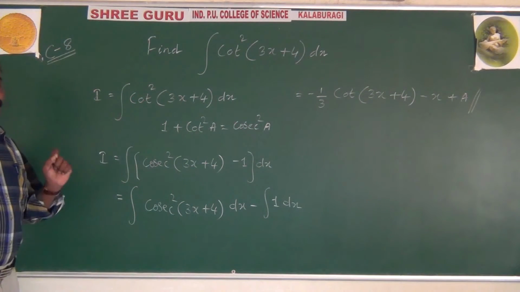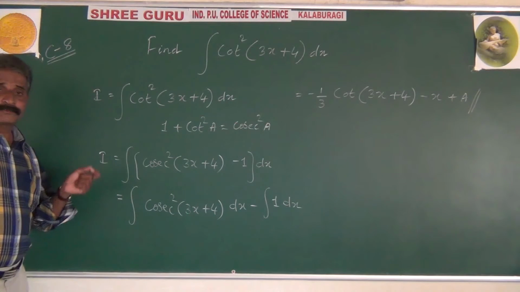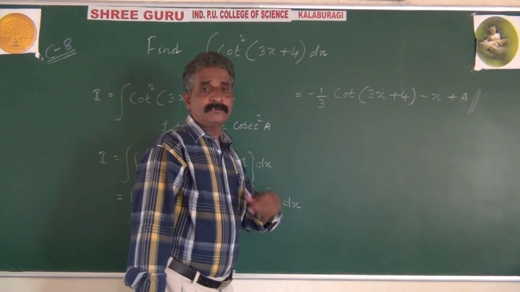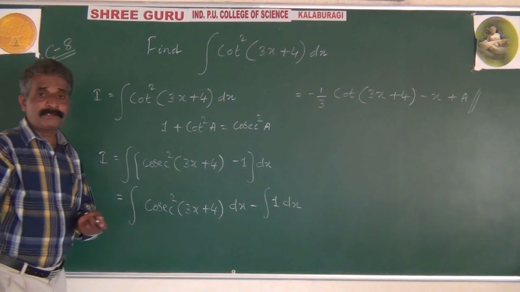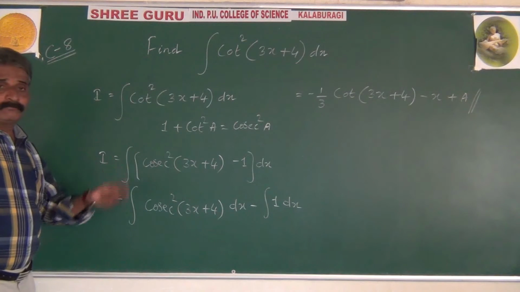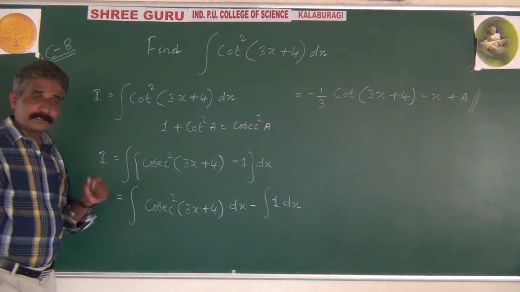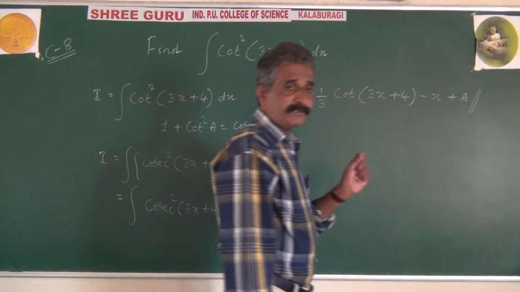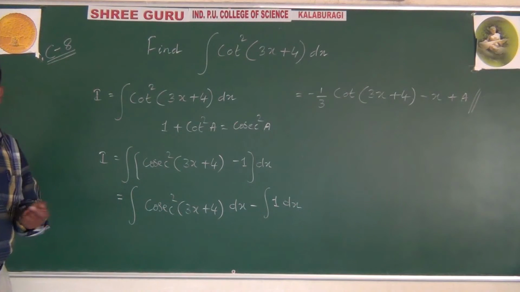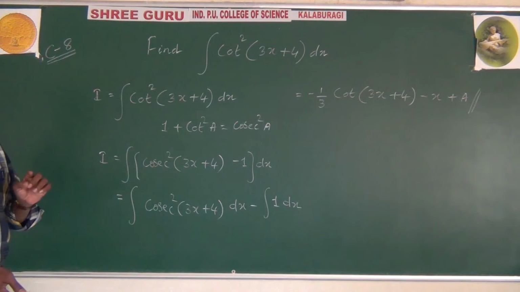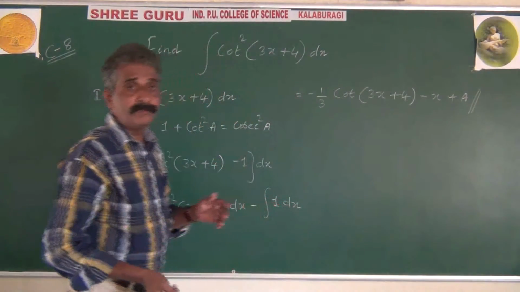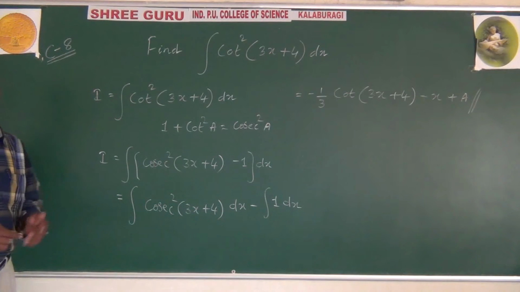So bear in mind, whenever you have tan square, sin square, cot square, you need to convert them into a form where we can apply integration formula. When there is a tan square, write it as secant square minus 1. When there is sin square, write 1 minus cos of double angle by 2. When there is cos square, write 1 plus cos of double angle by 2, etc. So that we can write the answer of integration. Only for secant square and cosec square, we have direct integration formula.